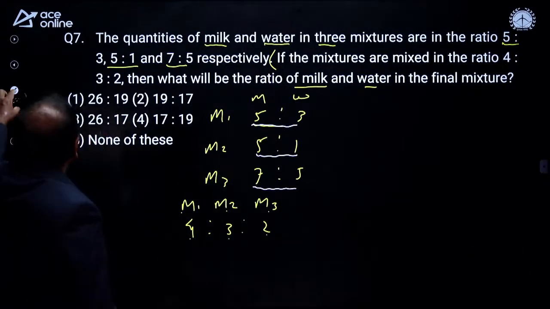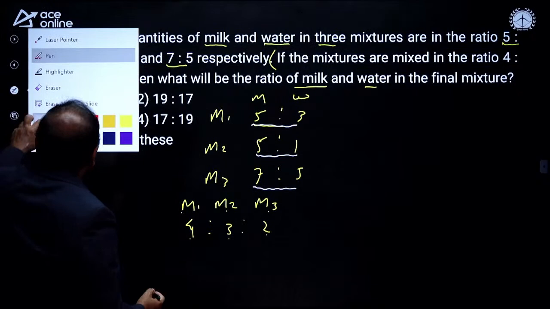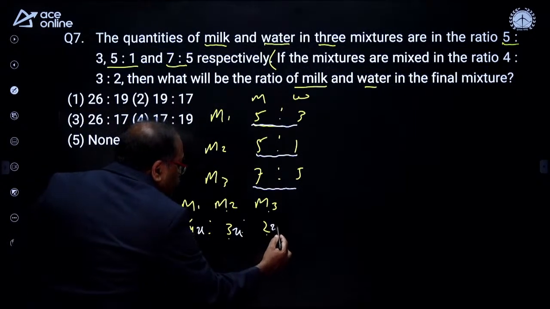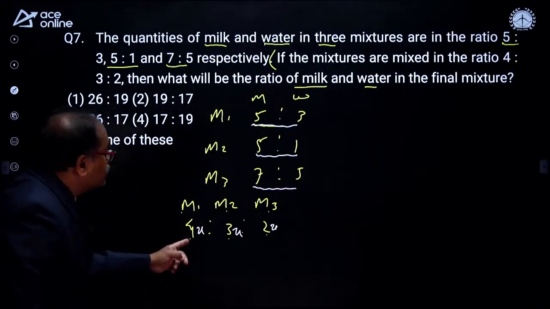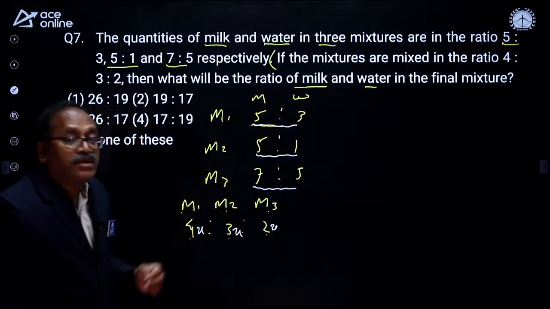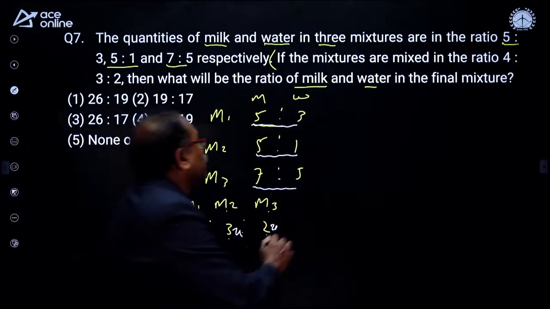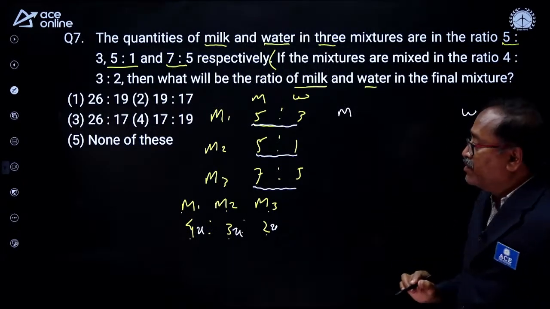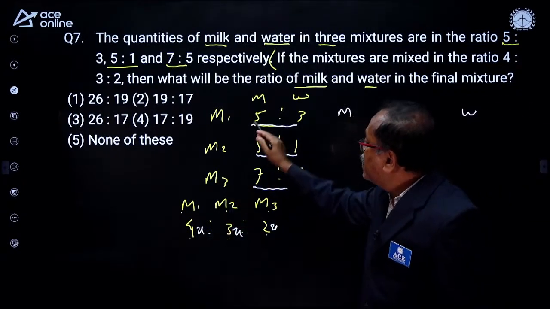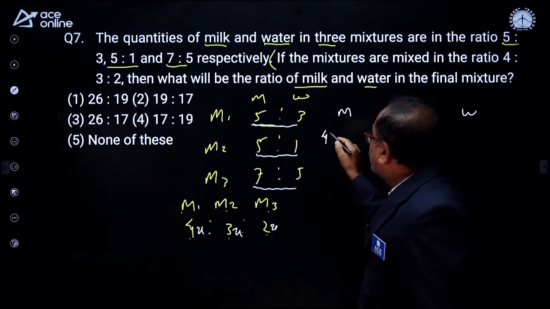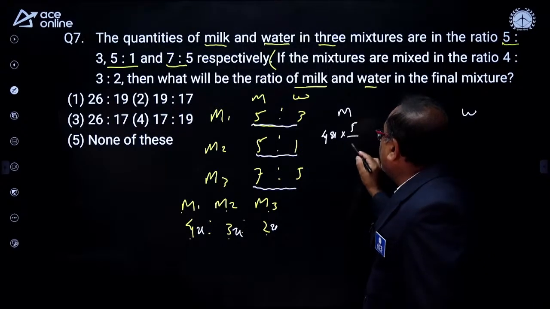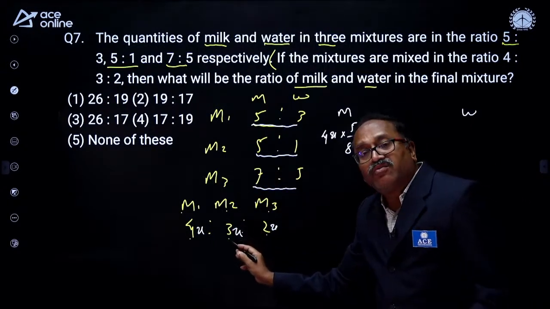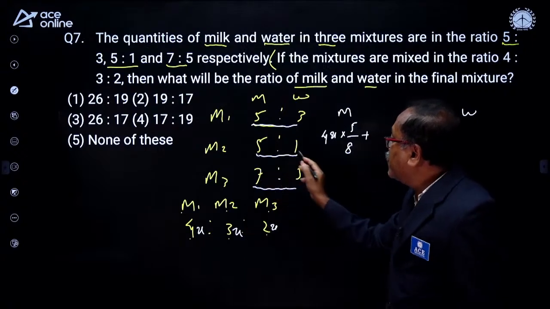Now I will answer this question here. Let's consider that the mixtures taken are 4x, 3x and 2x. In the 4x, the milk is 5 parts out of 8 parts. So here I will write the milk part and here the water part. In mixture 1, 4x into 5/8, plus you are taking mixture 2, and how much? 3x. So 3x into